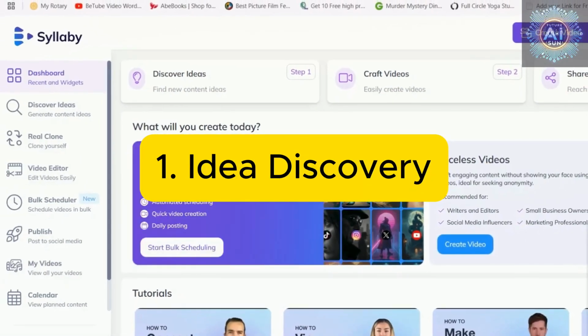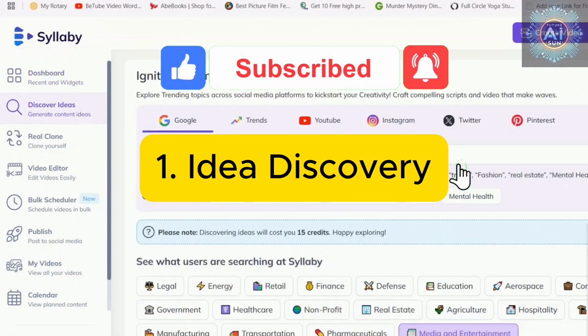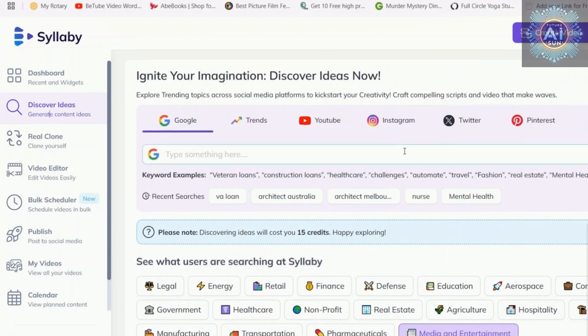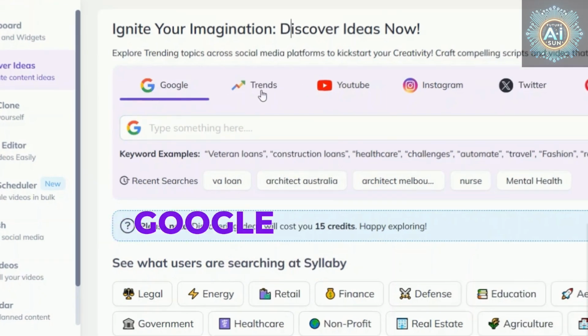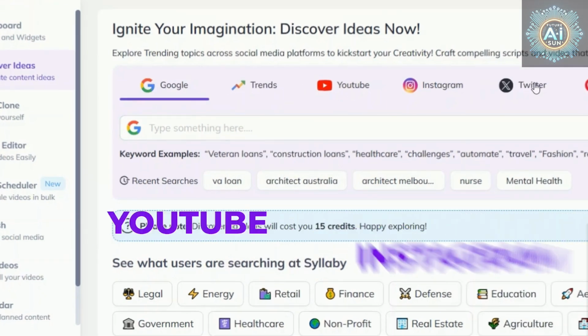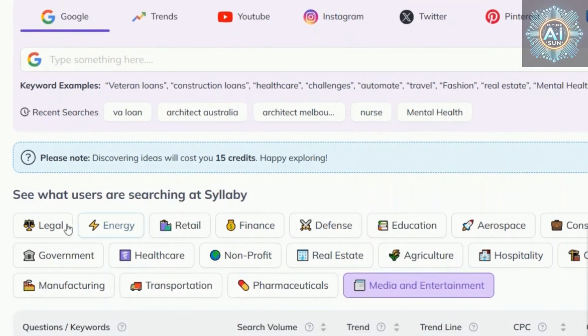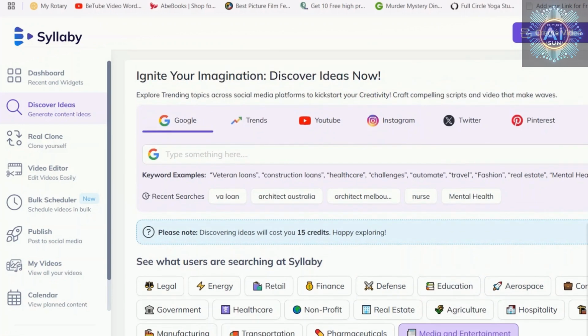This is the main dashboard. The first thing that you're going to do is come over to the Discover Ideas tab on the left-hand menu. And this is going to seem like a lot of information at first, but let me share how simple and powerful this is. There are a lot of different areas that you can search: Google Trends, YouTube, Instagram, Twitter, Pinterest, Bing, TikTok, and then we even have different industries that you can search topics down here as well, depending